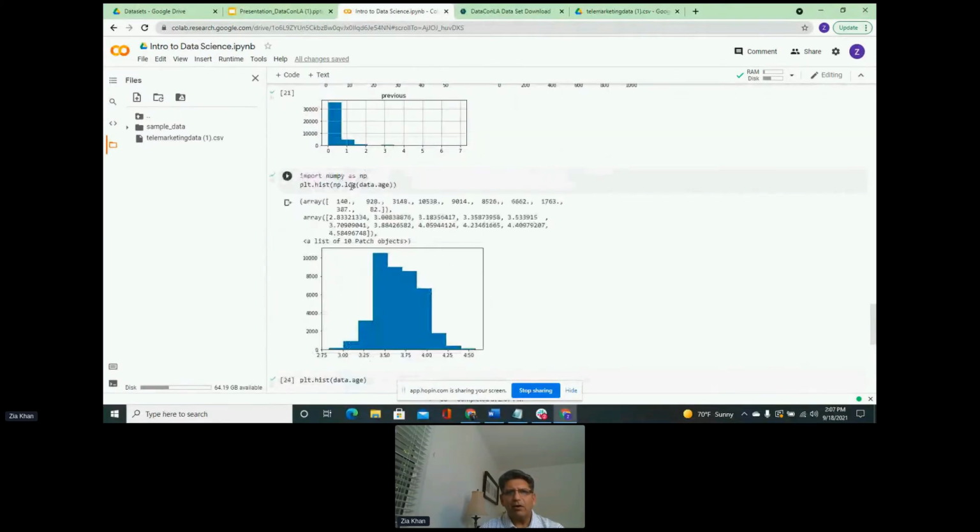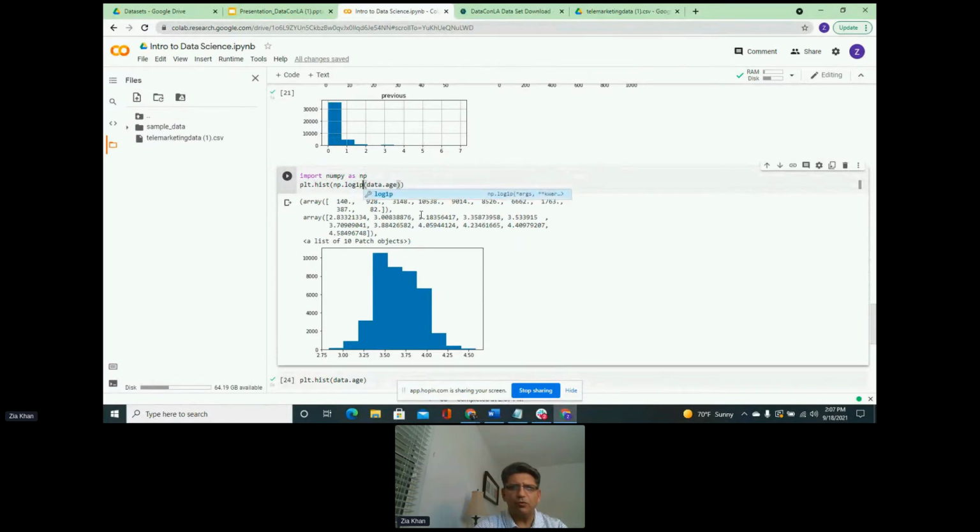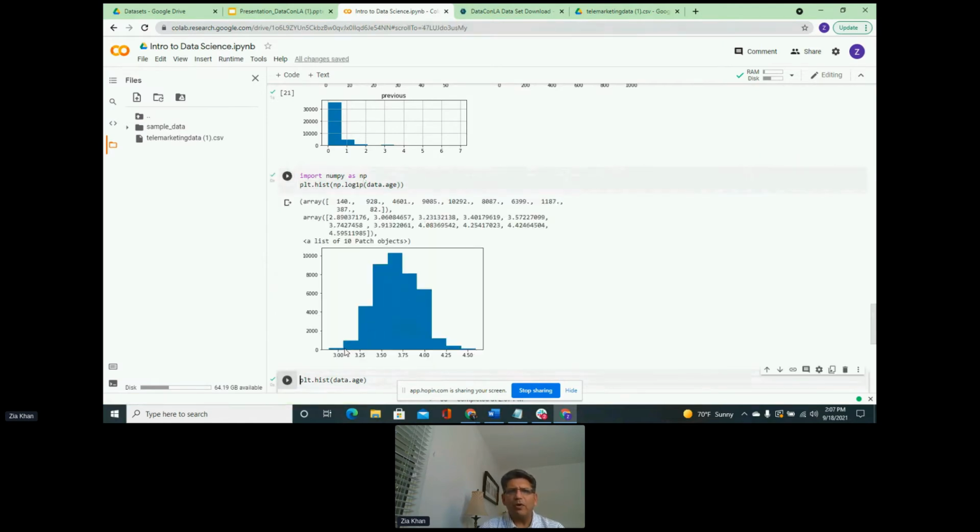There is another log functionality, which is log1p. So let's try and see if we can do log1p. What it does is that it just adds 1 to it, because the log of 0 is infinity, and we don't have any zeros here. But in order for us to get around that, there is this log1p. And when we do log1p, this looks more normal, or better than the other one.